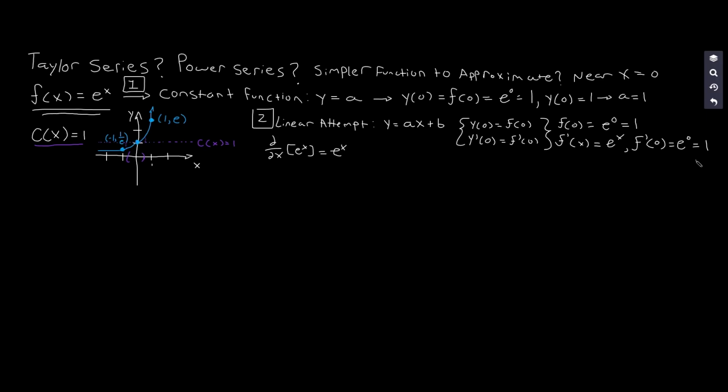And then, well, that's going to mean that we got y of 0 equals 1, and then y prime of 0 equals 1, where I'll say